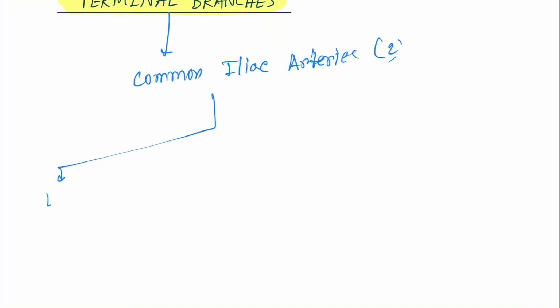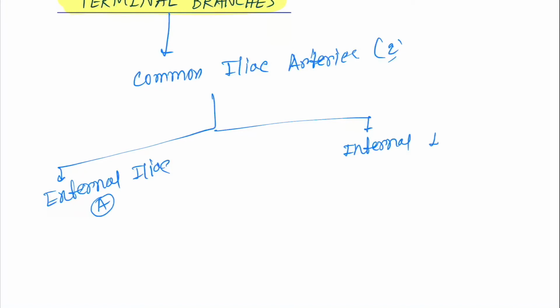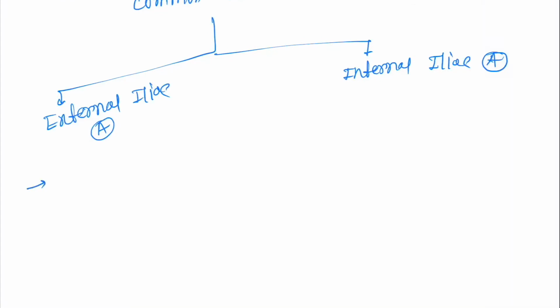Okay, now come to the terminal branches. Terminal branches form the common iliac arteries. Okay, two in number, that is external iliac artery and internal iliac artery. Okay, external iliac artery forms